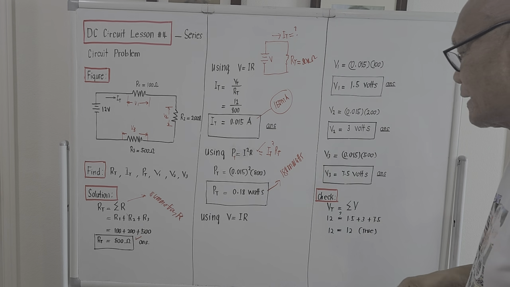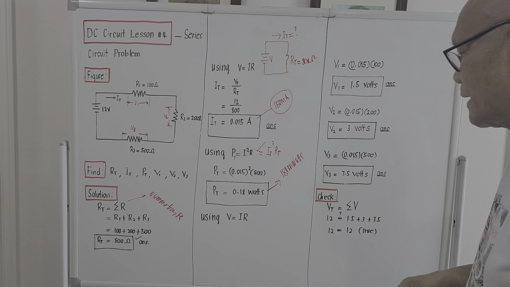So if I will try to compute for V sub 1, V sub 1 should be I sub 1 times R sub 1. But this I sub 1 is actually I total, because the current is common, right? I total is the same as the current passing through R sub 1, same as R sub 2, same as R sub 3,